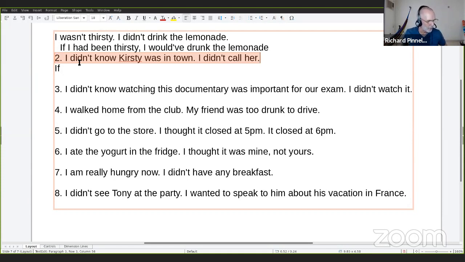Anyone in the chat? There's 27 people in the chat. If I knew, no, that is the second conditional, Martin. You need to put it in the third conditional. The third conditional is formed with had plus the past participle. So what do we say? If I... Yeah, Brenda says hadn't known, but that's in the negative. The real situation is in the negative. I didn't know. If the real situation is in the negative, then the imaginary situation must be in the positive. So Brenda's answer is in the negative. I want the same answer in the positive. If, yeah, Martin says, if I had known